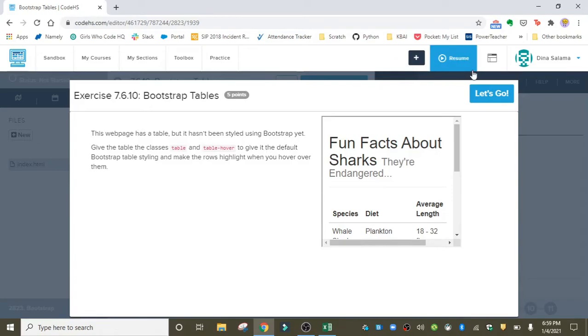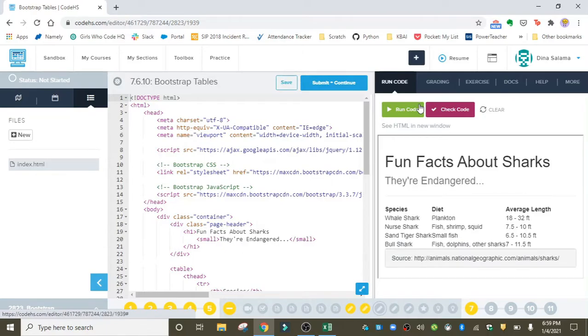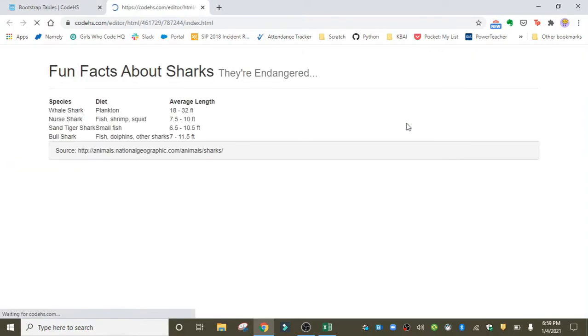Okay, as always, the best way to understand things in coding is to actually just code. So let's do that. We're going to run the code that we already have. Let's open it up in a new window so we can see this table. Okay, this is fun facts about sharks. And basically there's a column with different species. Their diet is in the second column, and then their average length is in the third column. So we're going to see what the before and after looks like after we add in the Bootstrap table